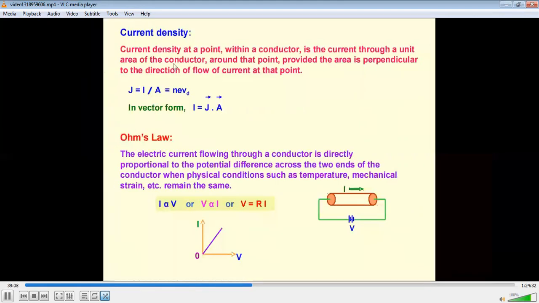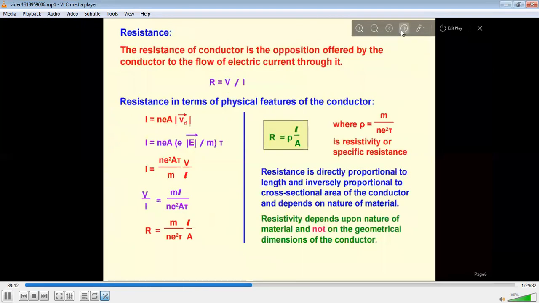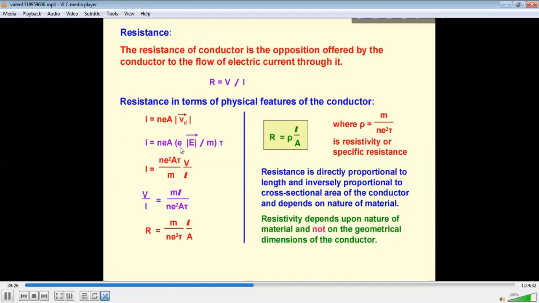Now current density, this is the definition of the current density. Now resistance of a conductor is the opposition offered by the conductor to the flow of electron current through it. So resistance can be denoted by the potential difference per unit